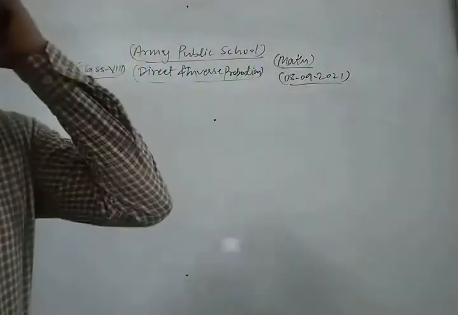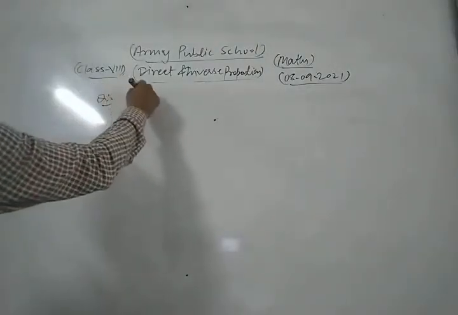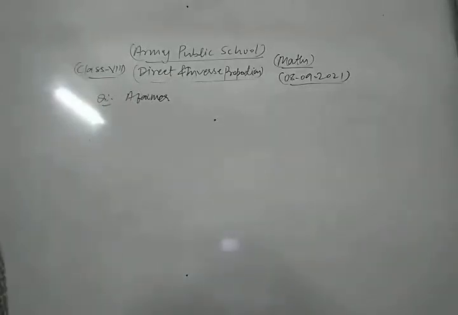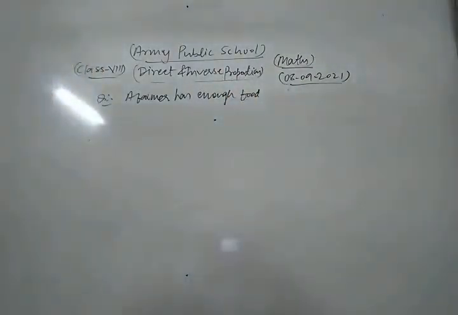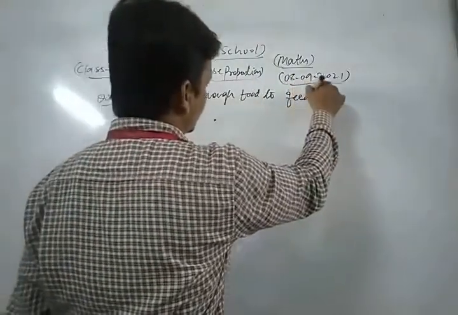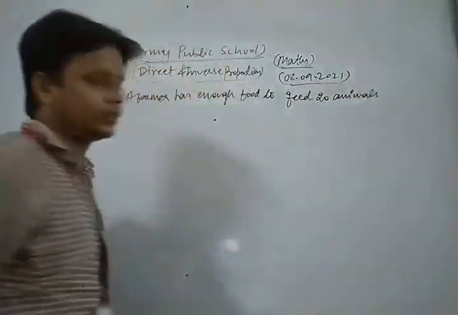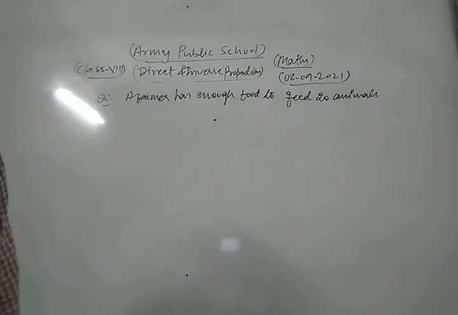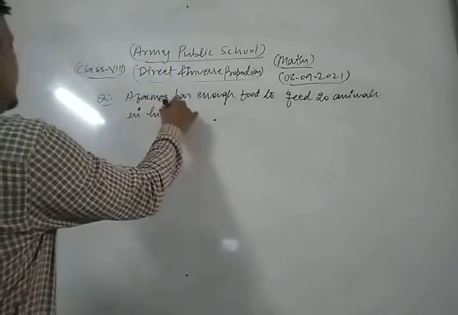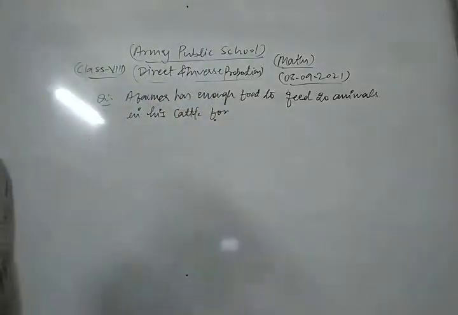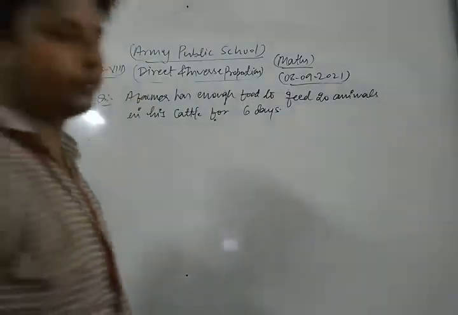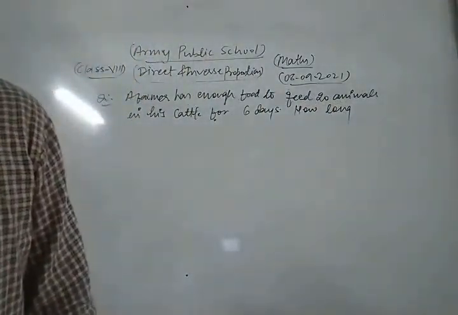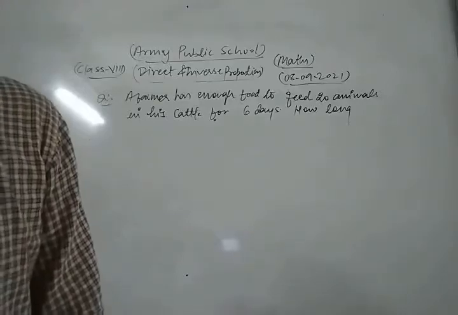Based on this topic, the question is: a farmer has enough food to feed 20 animals in his cattle for 6 days. How long would the food last